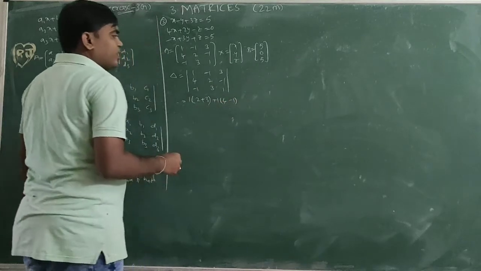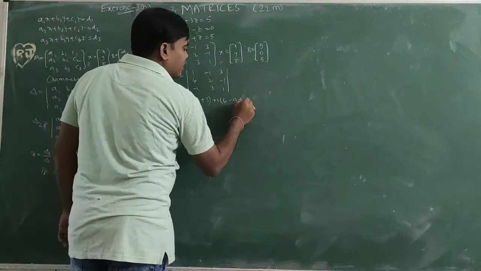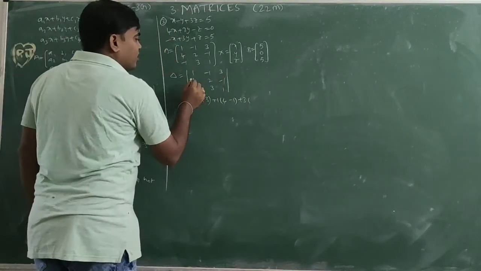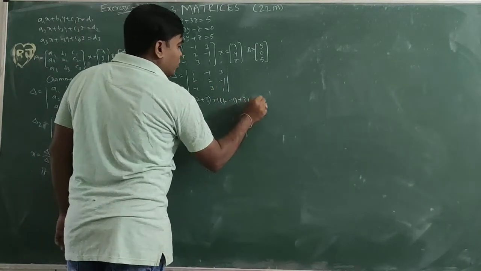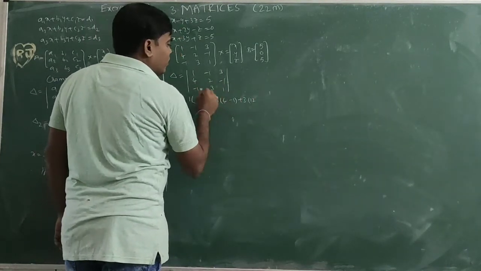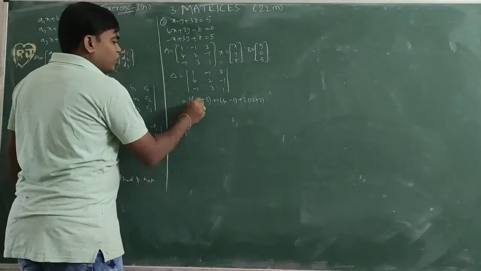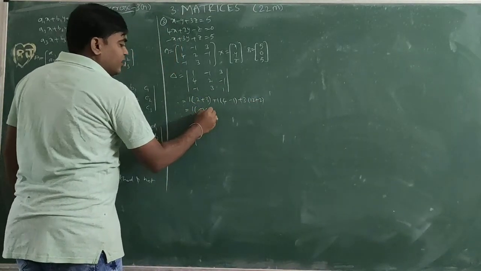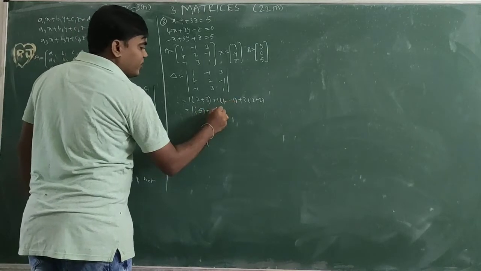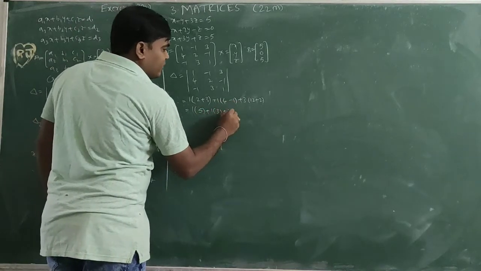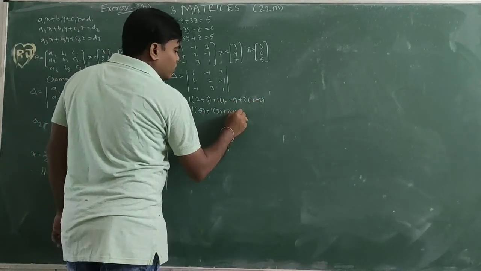So we should write minus 1. So plus 3, we are not changing the sign of this one. Next, 4 into 3 is 12, minus 1 into 2 is minus 2, this side plus 2. 1 of 2 plus 3 is 5, plus 1 of 4 minus 1 is 3, plus 3 of 12 plus 2 is 14.